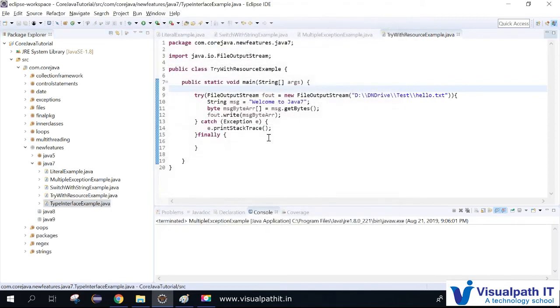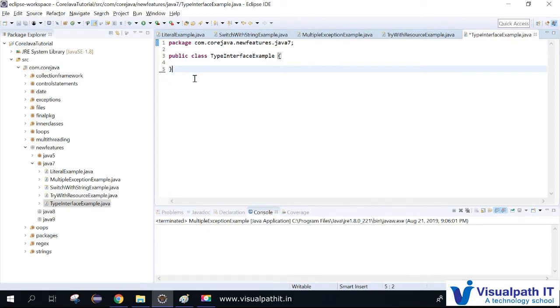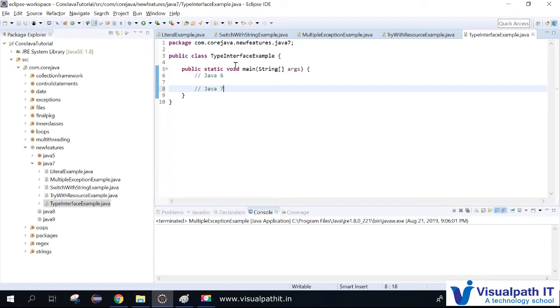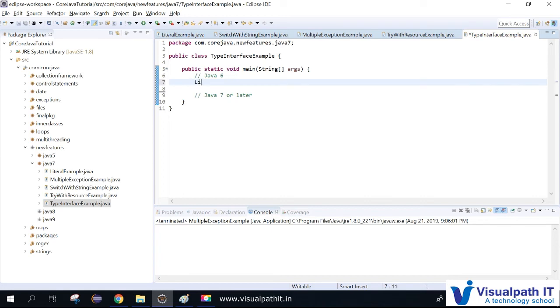Example. There we can see how to implement type inference in real time. So these are also very much important. Let me create an array list first, then we can see what is the benefit of using it, like how before Java 6, people were using it without type inference, and after Java 7, how people are using it. Let me create an array list. We'll see how it will work.